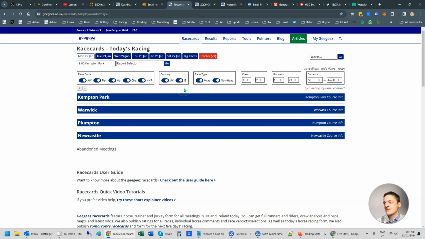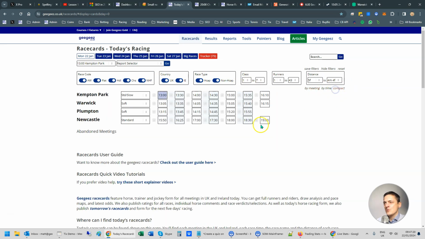Up to this point, every day when you apply some filters, say you don't want to view all of the races, let's say I only wanted up to class 5 and only races with 8+ runners. If that was my go-to every day, heretofore I would have had to do that every day, which is a bit of a faff. But now I can click this save filters button, and if I just shut down this